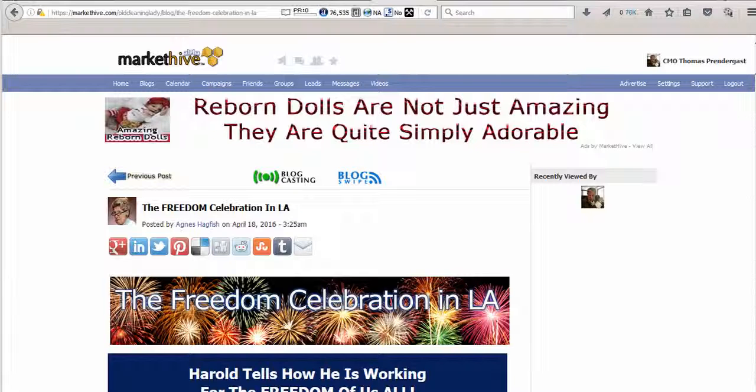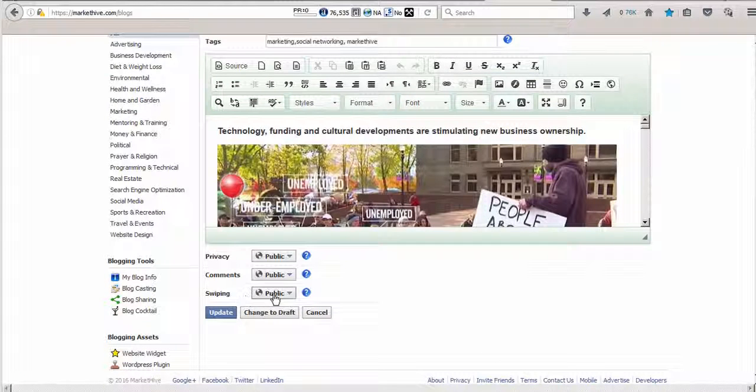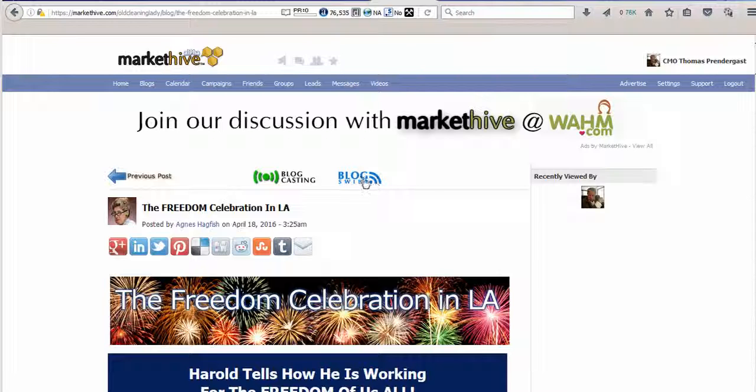Now, simply put, what it allows one to do is I could publish a blog, and when I do publish it, I choose the swiping to be public, or members if I'm just making it available to a member in one of the groups I'm in, or friends if I just want it to go to my friends, or only me. I don't want anybody to swipe it. So I make it public, and when I update it, I get a blog that has the ability for others